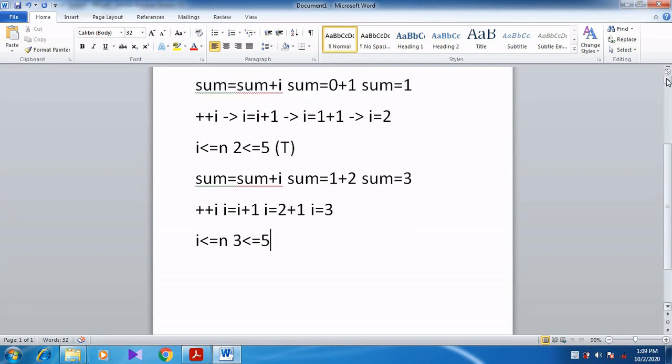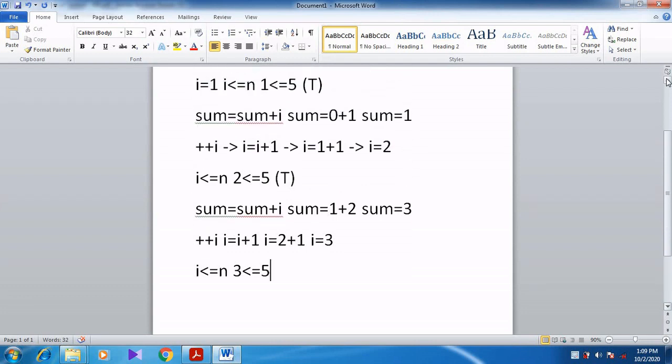3 less than or equal to 5 means the condition becomes true. Condition becomes true means again it gets inside sum is equal to sum plus i. Already the sum value is 3.